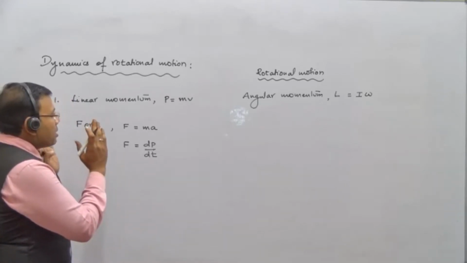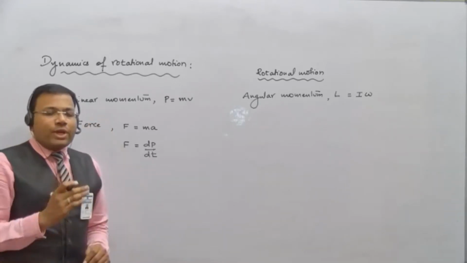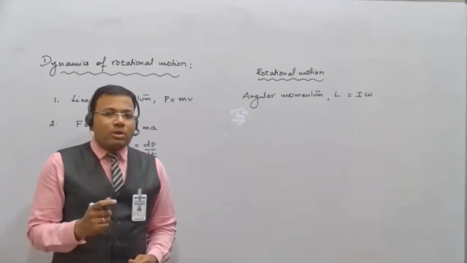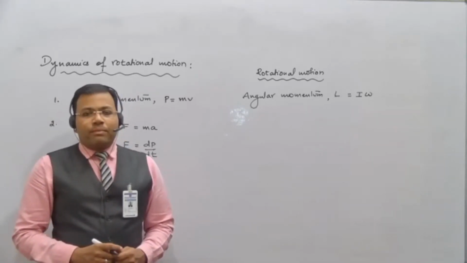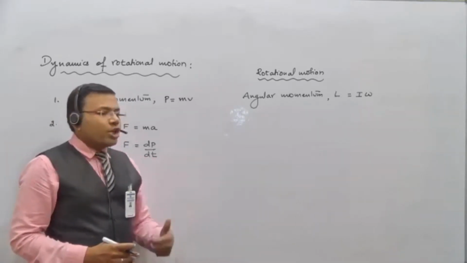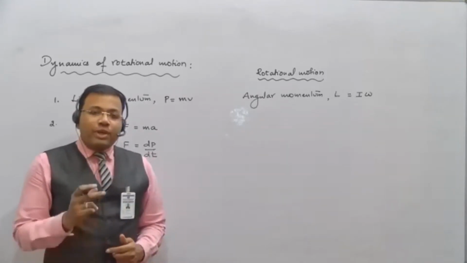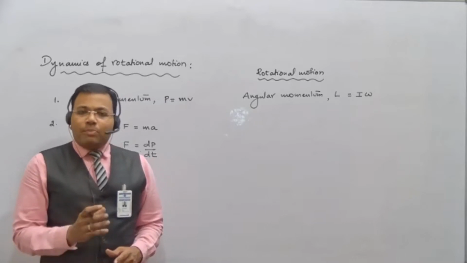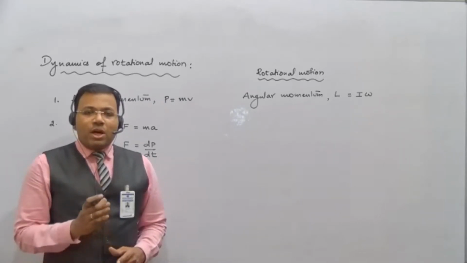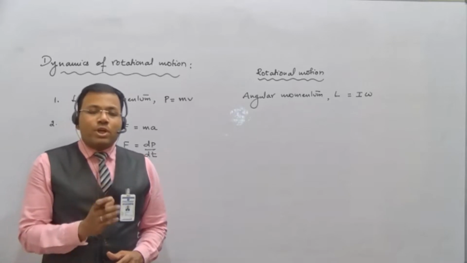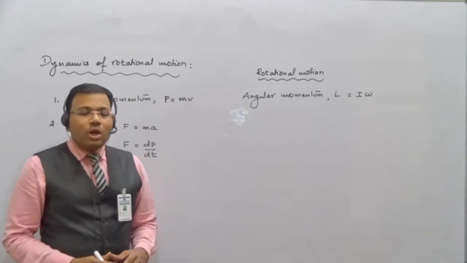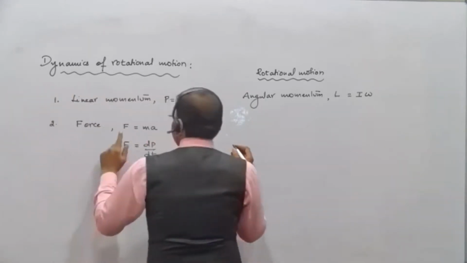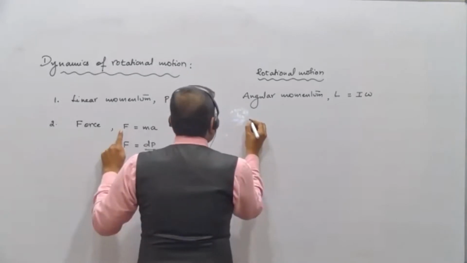So let us write the similar physical quantities what we are going to use in rotational motion. In linear motion, students, we always speak about the physical quantity force, that is the cause of motion. But here in rotational motion, we don't speak about the force. Here we speak about the turning effect of force, that is what you call the torque. I repeat, in rotational motion, we don't consider force, we have to consider the turning effect of force, that is torque. So accordingly, we write the formula for torque in rotational motion. So this is the force, and here torque,